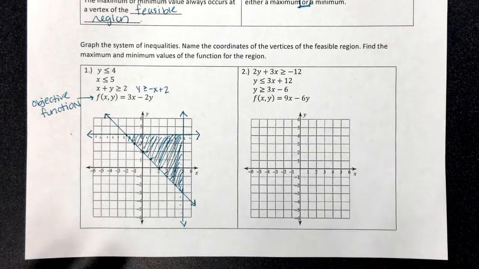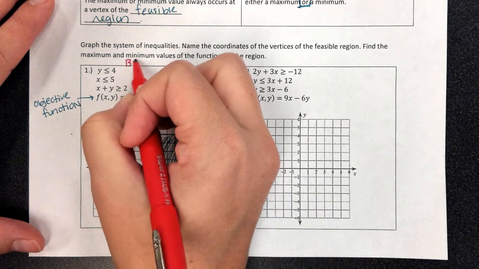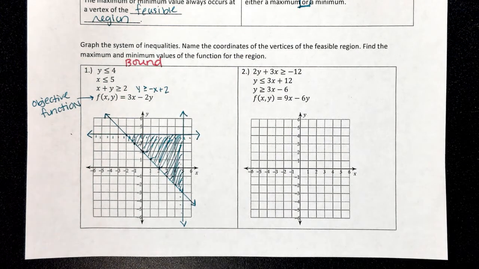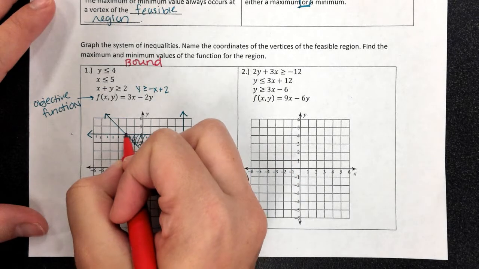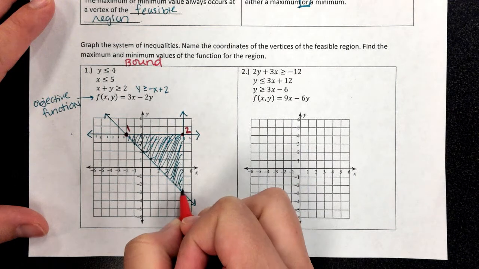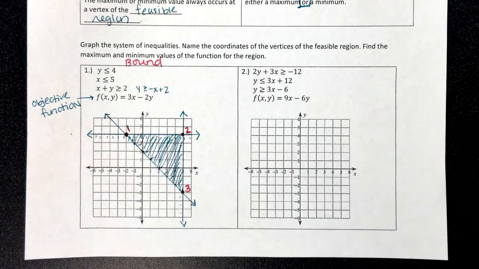Is this a bound or an unbound graph? This is a bound graph. Okay? How many vertices does this graph have? 3. So I have 1 vertex, 2 vertices, 3. Okay? Now, the next part, there is not much room on your paper for, but we're going to make it fit. Okay? So, point number 1